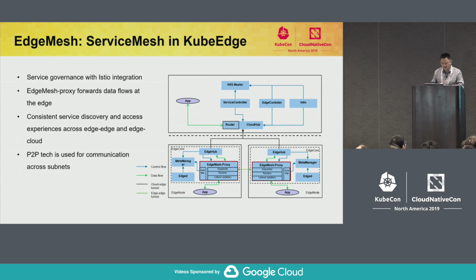Edge mesh is the next topic. We talked about this is the implementation of service discovery on the whole service mesh front. What we've implemented is something that will enable you to, first of all, write in ways of fully cloud-native programming where you're talking to services in a microservice infrastructure, right? An application instance from one pod could talk to a service that's distributed on the rest of the